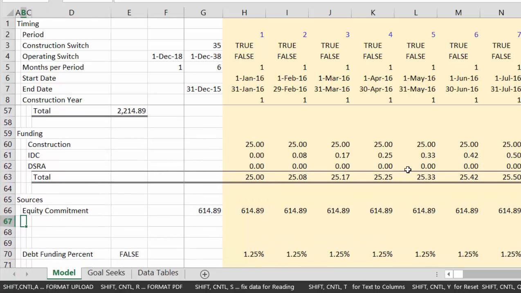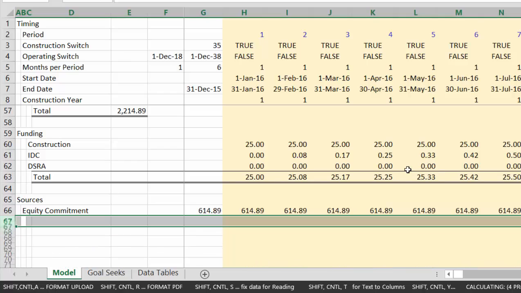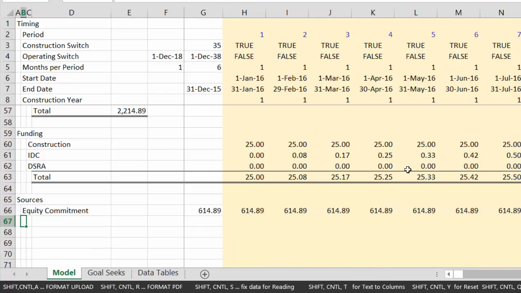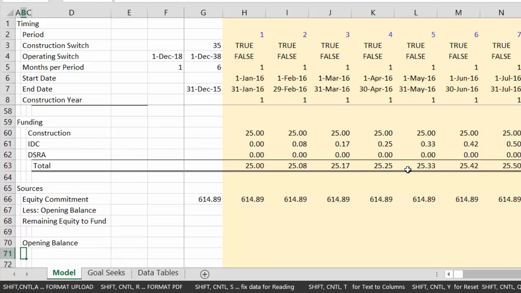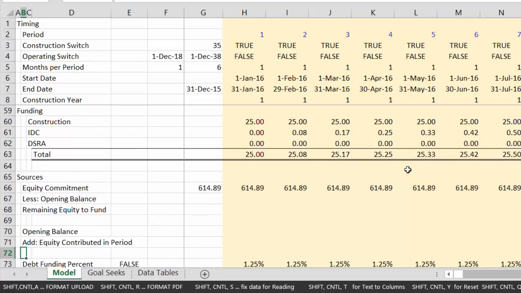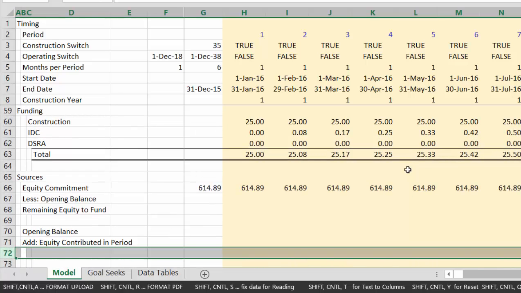And then we'll say, well, I need a couple more lines, shift spacebar, shift control plus. Less the opening balance, and then we get remaining equity to fund. Okay, opening balance, add the equity contributed in period, and closing balance. Okay,